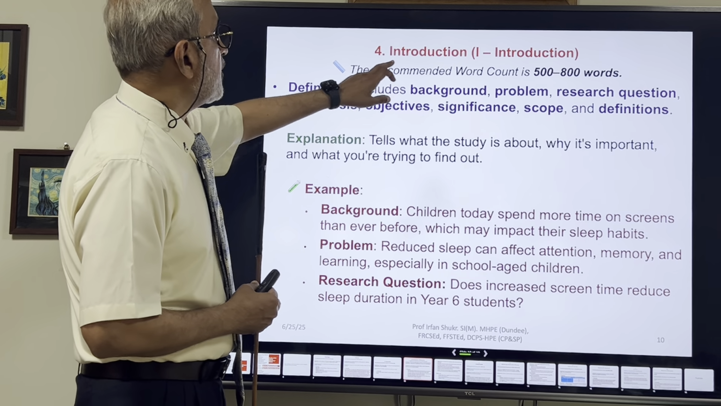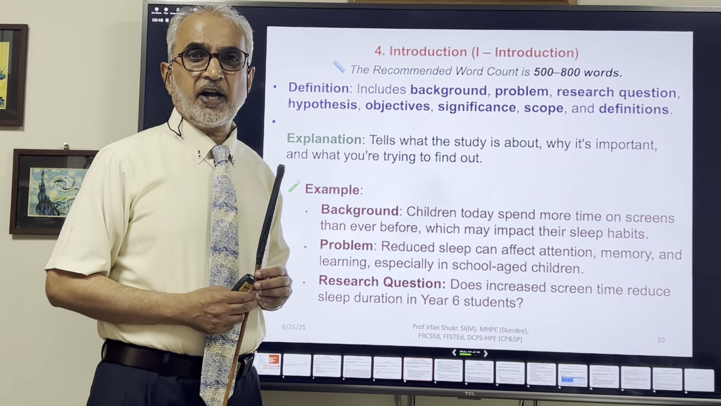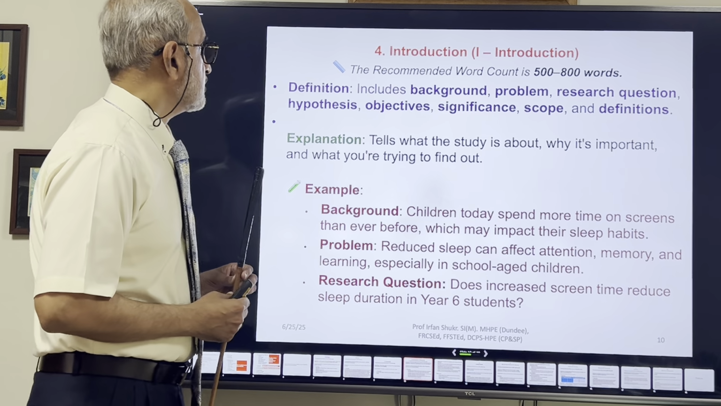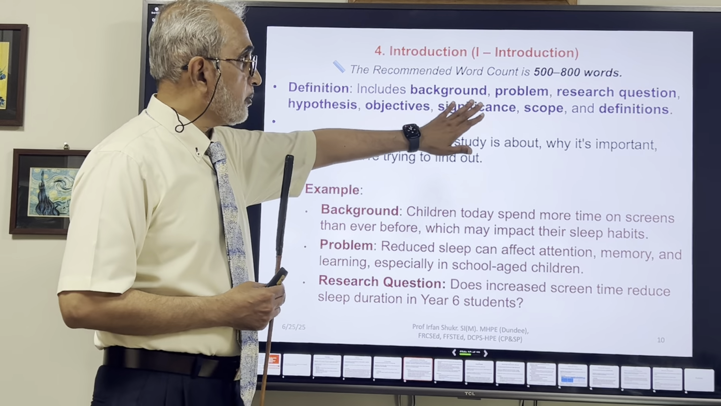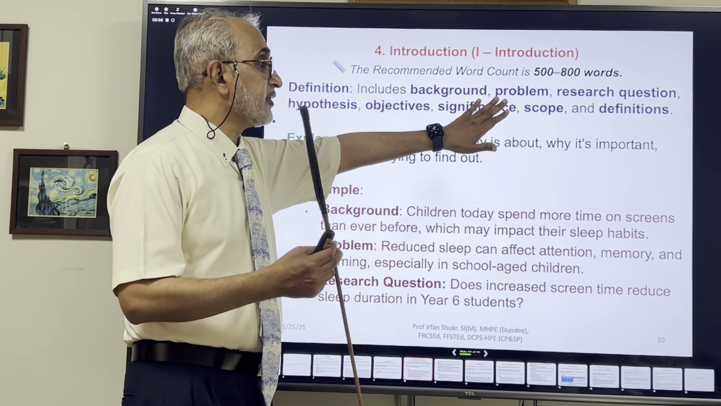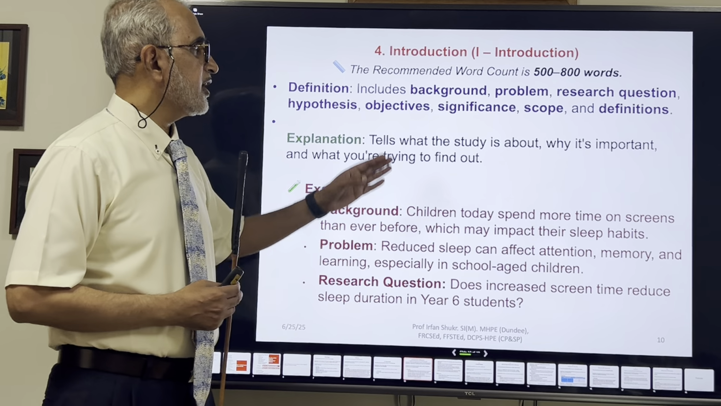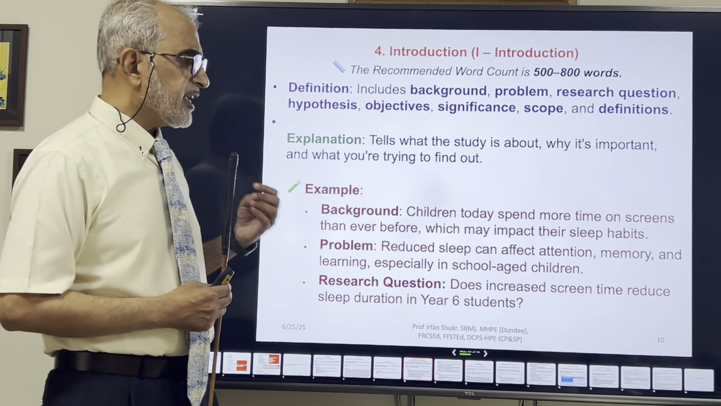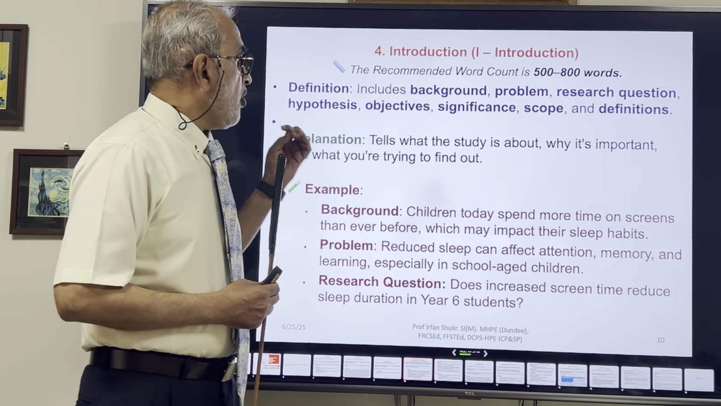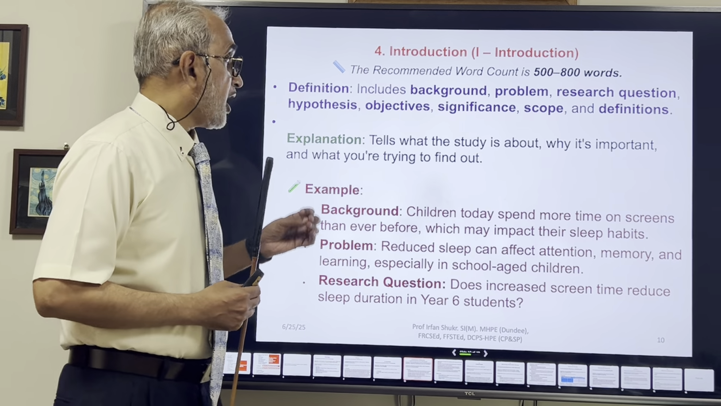Then is the section of introduction. The recommended word count is roughly 500 to 800 words. It includes the background, the problem which you felt and read about, the research question, hypothesis, objectives, significance, scope, and definitions. So it's going to tell us what the study is about, why it's important, and why you are trying